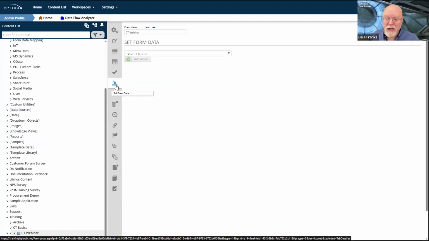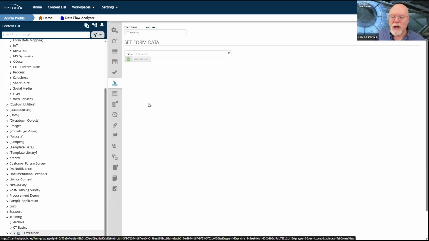And of course, now that business values exist and there is a Set Form Data tab on the form, there's literally no need to use the Set Form Data custom task, at least not inside the form definition itself. This does not mean that the Set Form Data custom task is not useful. It is, and I can show you, and you probably already know if you've been listening, where I use it routinely, but we don't use it in the form anymore.